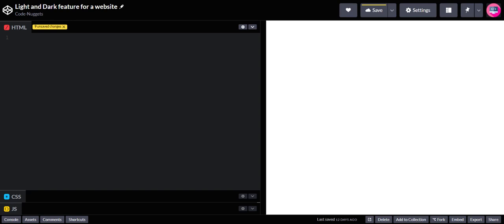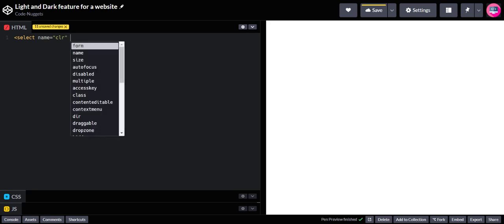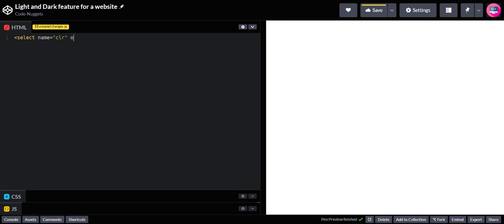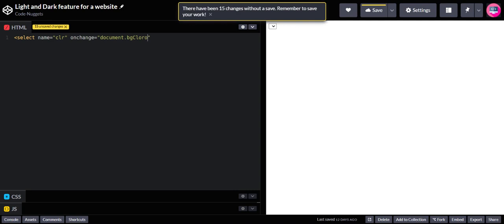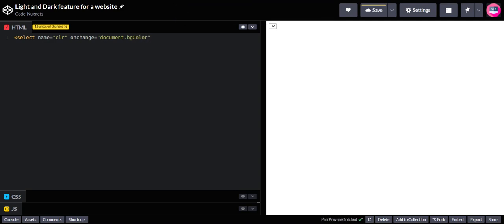So firstly we need to make a select element. We're just going to type select and we're going to put name to CLR, and then we're going to type on change, document.bgColor, document.bg capital C OLOR, like that,